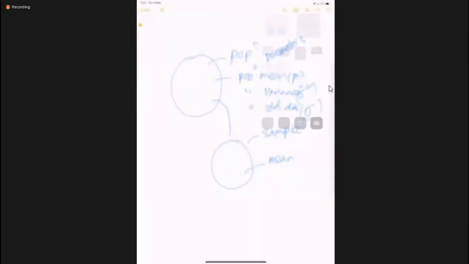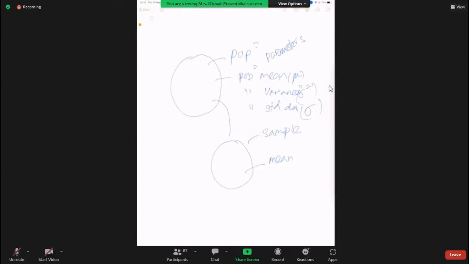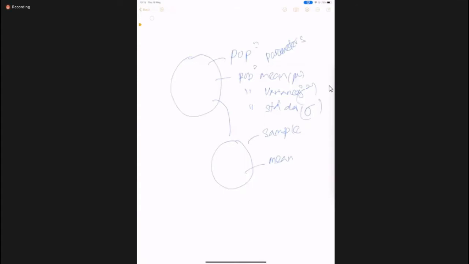I hope now you can see my screen. Right, so if we can find these measures, mean, variance, standard deviation, for sample data, instead of population parameters, we call them sample statistics. Sample mean,